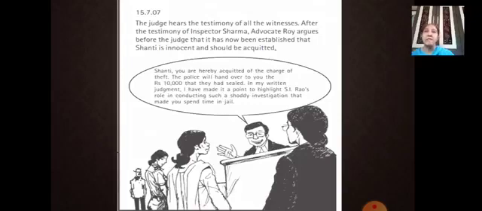So now, children, in this incident you can see the main key players in the criminal justice system. Here they were the police, the public prosecutor, the defense lawyer, and the judge. We will be learning about the roles of each of them, that is police, public prosecutor, defense lawyer, and the judge, in the next session. Till then, just go through this case and try to understand what had happened and the main key players involved in this case.